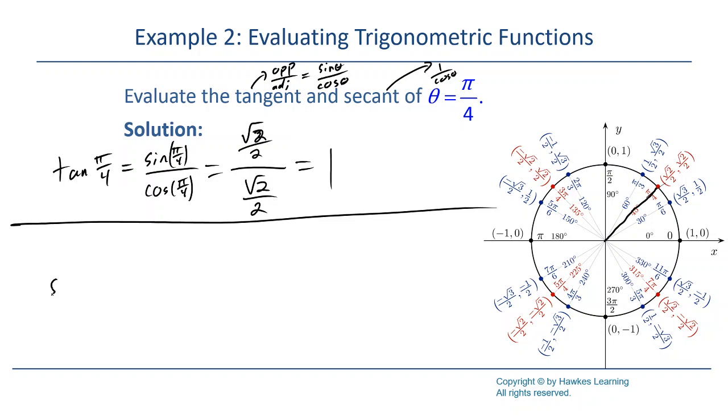And then if I do secant of pi over 4, then I get that secant is 1 over cosine. So this is 1 over cosine of pi over 4. Now, sometimes I do the brackets, or sometimes I do the parentheses, sometimes I don't. Typically, like if you have sine plus something or cosine plus something, it's better to do this just so you don't accidentally